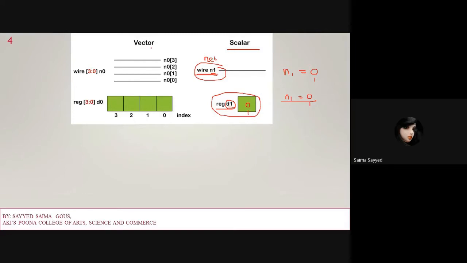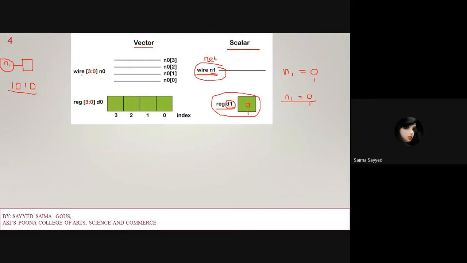Now vectors, how to define vectors? Suppose this is my block and I have a wire N1. The wire is just showing the connection, but N1 is not 1 bit. I have N1 as 1 0 1 0, which means it is a 4-bit number. So I have to define it in terms of vectors.